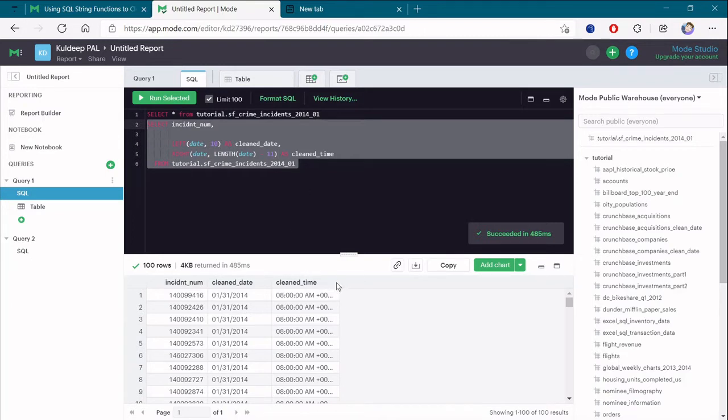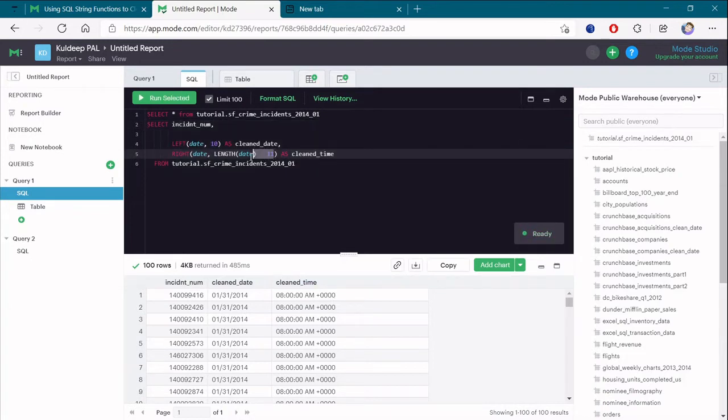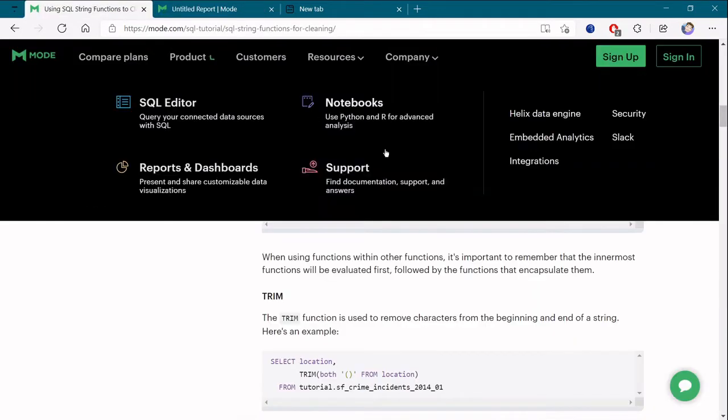So it was simple. We have cleaned the date, and we have this date in the RIGHT. We are getting the timestamp as it is, and we cropped the length to 11 characters, whatever the length of the date. And we have removed all those characters. Earlier we were directly giving 17, but if you don't know the length of the string, you can do it like this: the date has 11 characters, so we remove the date, and whatever remaining part is after the 11 characters is the timestamp. So we have got the timestamp here.